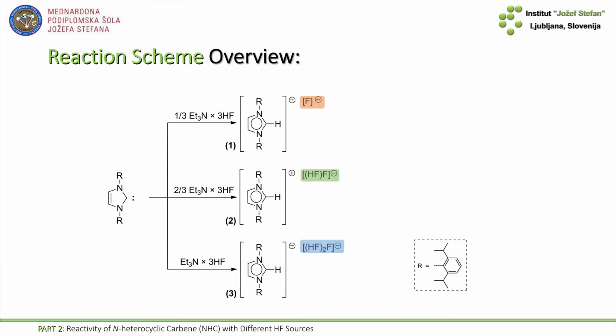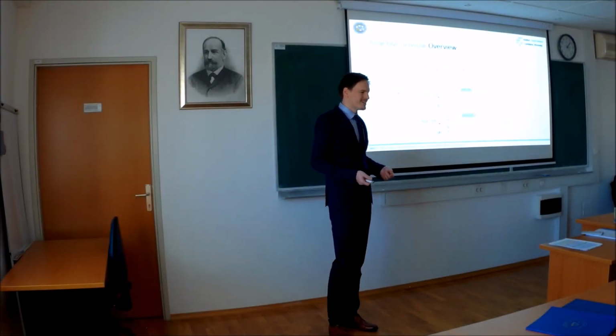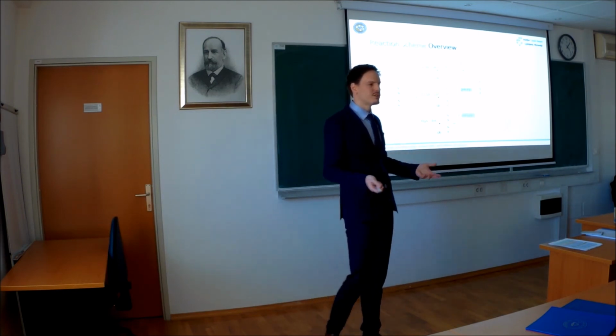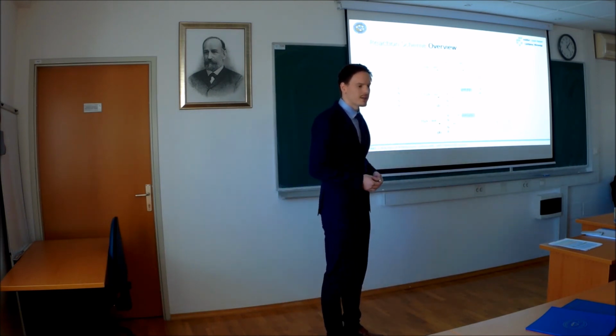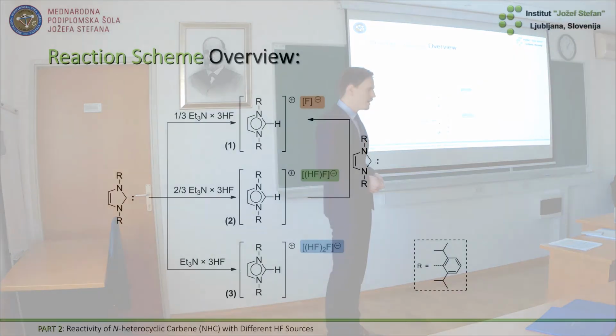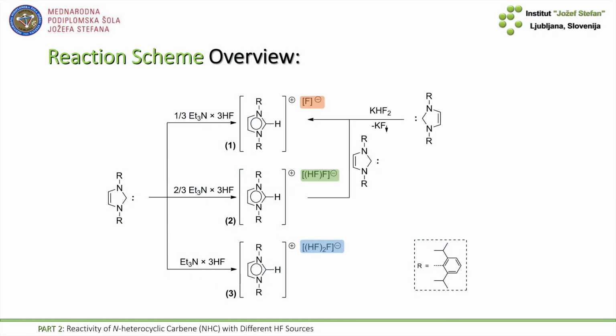If we now take a look at the whole reaction scheme overview, we said, well, if one transforms into two and back, of course, if we prepare pure bifluoride compound and react it with additional equivalent of carbene, would that go to monofluoride product? And of course, the answer was yes. But then we thought, well, we know one bifluoride molecule that is not dangerous, it's not harmful, it's stable on air, it's widely used on industrial level and really cheap, and that is potassium bifluoride. And we thought, what if we react carbene with potassium bifluoride? And the reaction got us the same result.